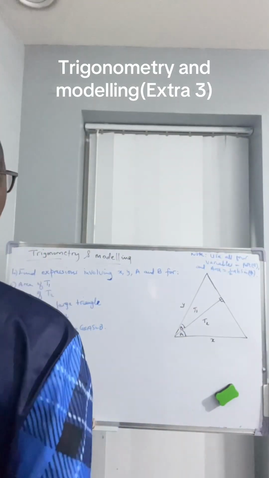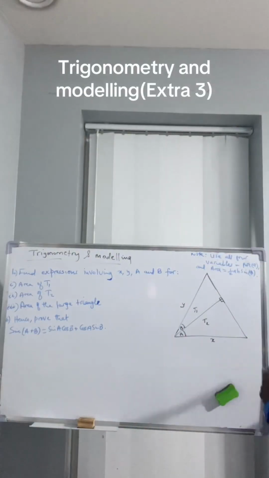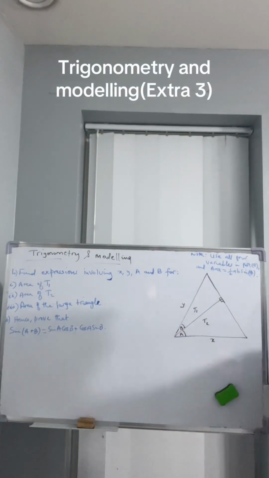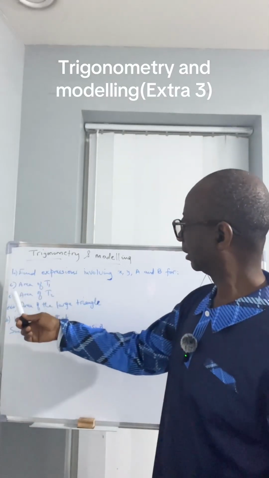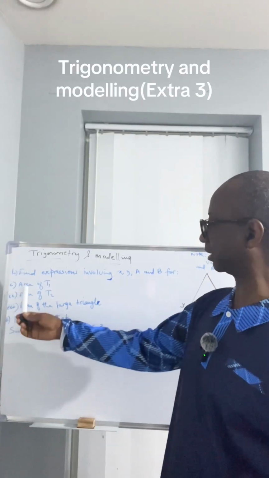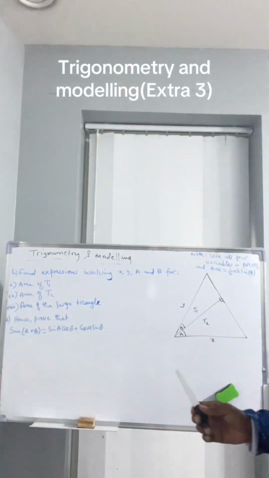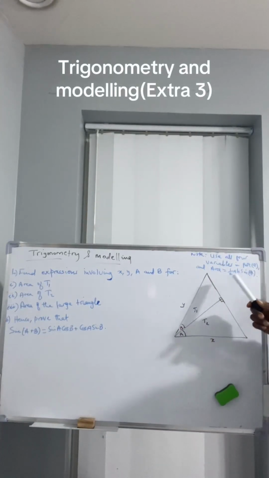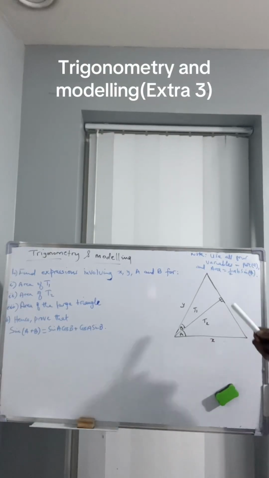So you are given another condition, that use all four variables in part A. So in answering this part A, which is these three questions here, area of the triangles,